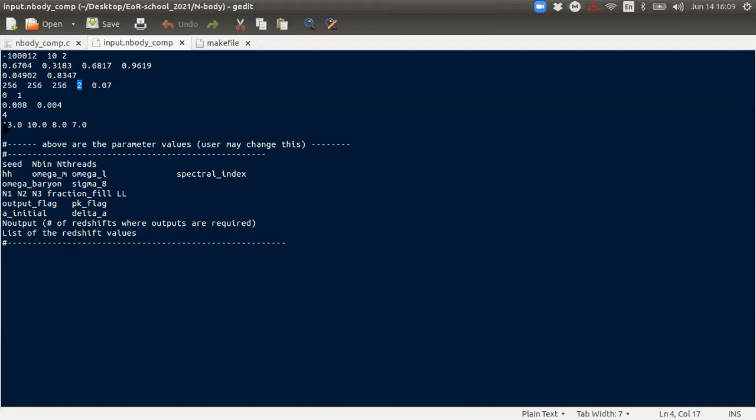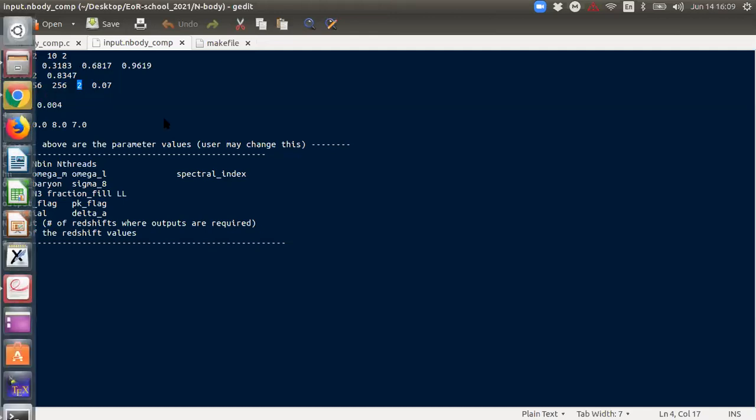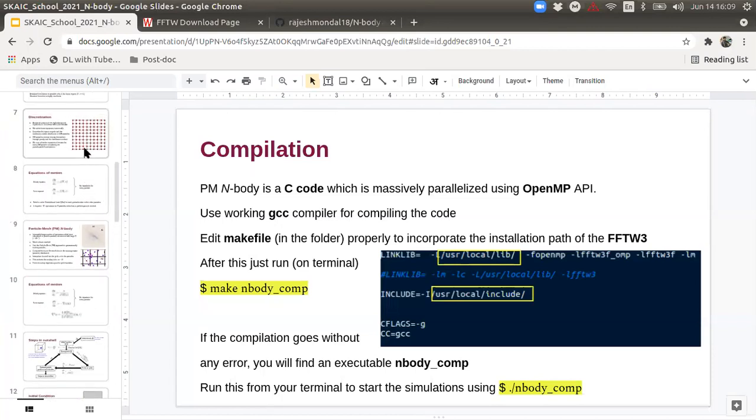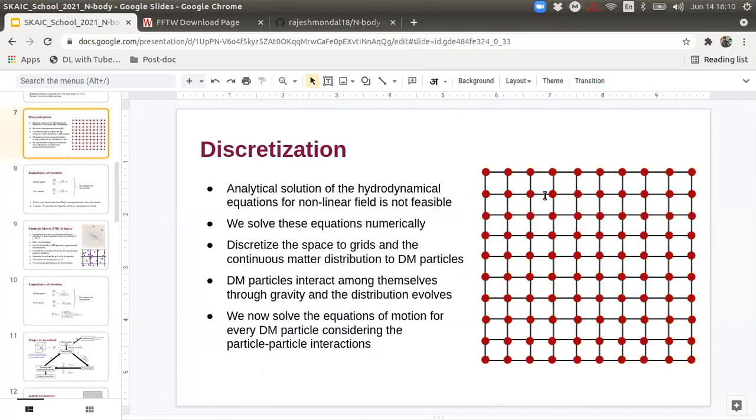In order to explain this, I think we should go to this plot, this graph over here. Fraction field means, if you look at this picture, the fraction field for this grid is 1, because each and every particle is placed at adjacent grid points. But if you fill your particles by leaving one adjacent grid point, then NF will be 2.